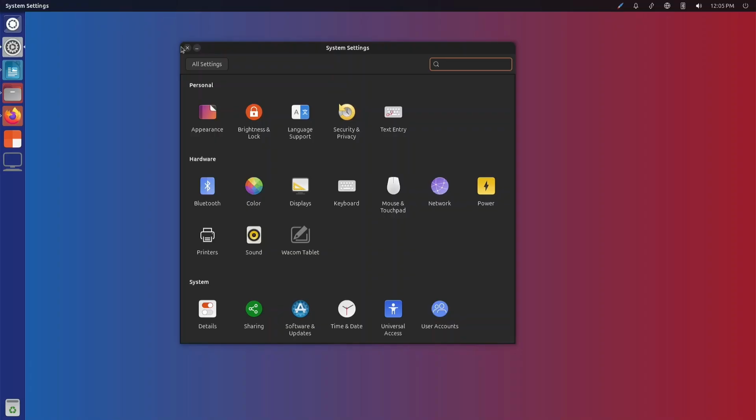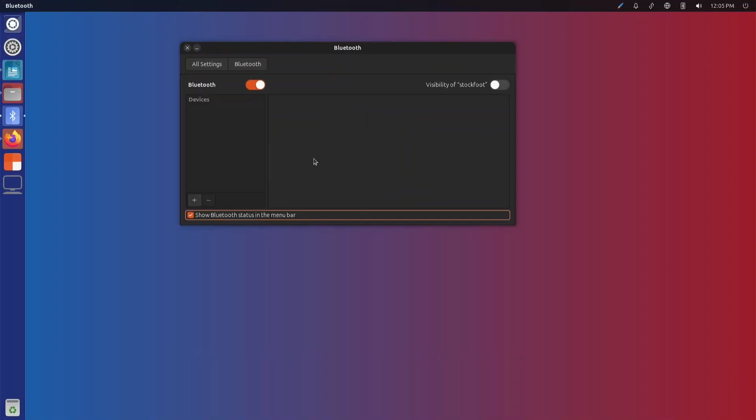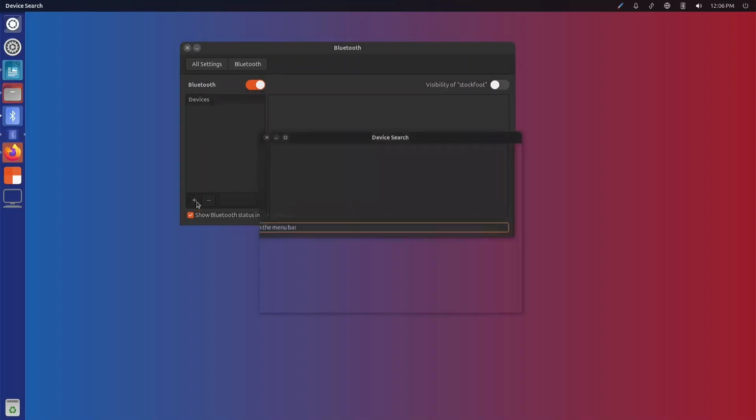Let's see here. Let's do Bluetooth. All right. And we're going to use the Wacom tablet again. Wireless. Come on. Do I need to press and hold? No, that just turns it off. Here, hold on. Maybe I need to...